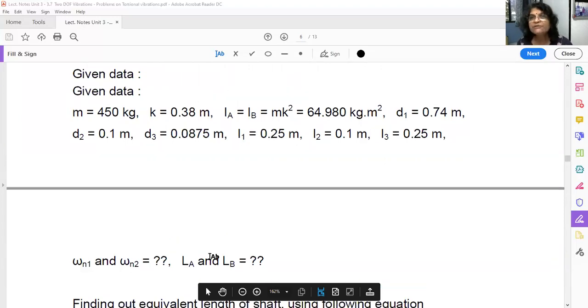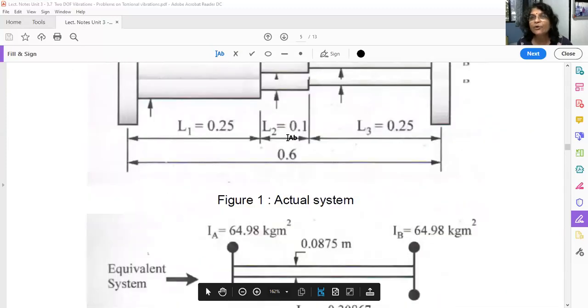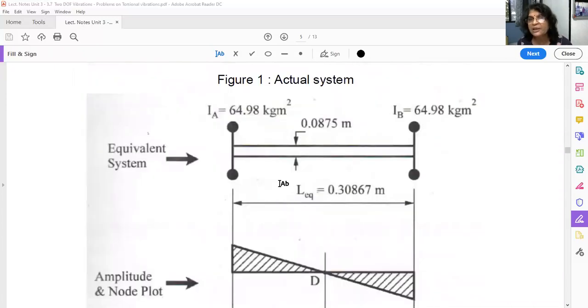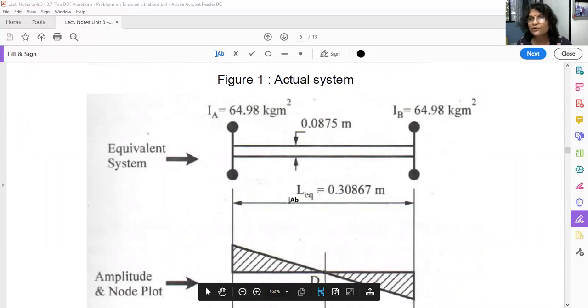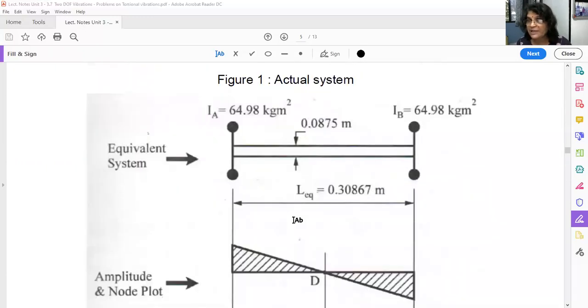Now, what is the first step of our procedure in torsional vibrations? We have to draw the original diagram which is given to you, and below this one we have to draw these two diagrams. You don't have to take a scale. You can draw this diagram before solving the problem, or leave space so that all three diagrams lie one below the other. And the dimensions, the equivalent length and the diameter of the shaft, you can write down after solving the problem.